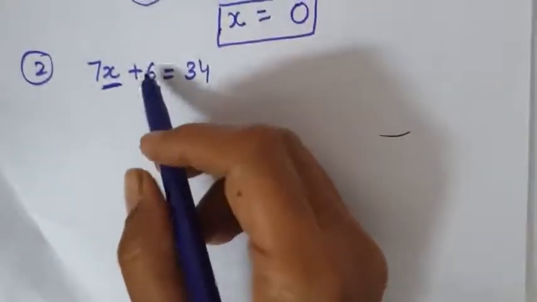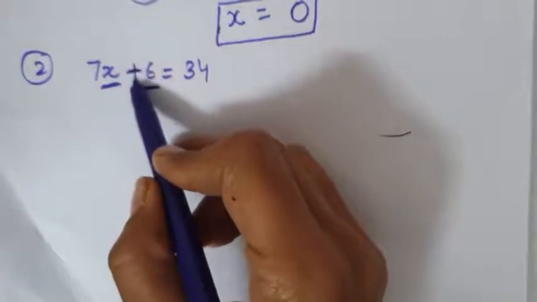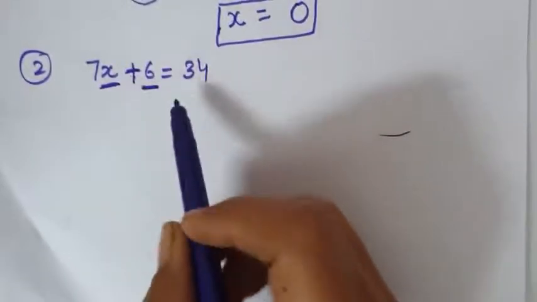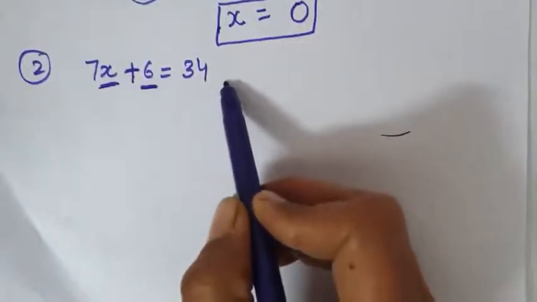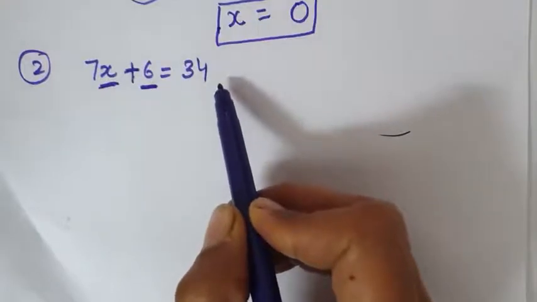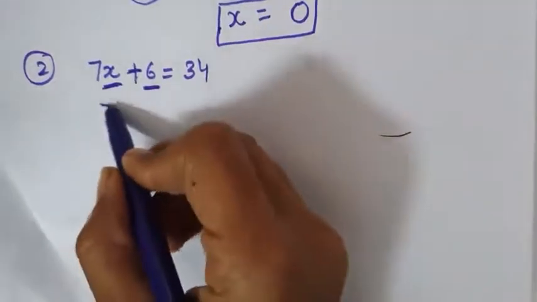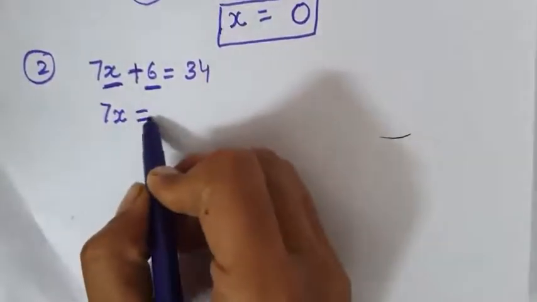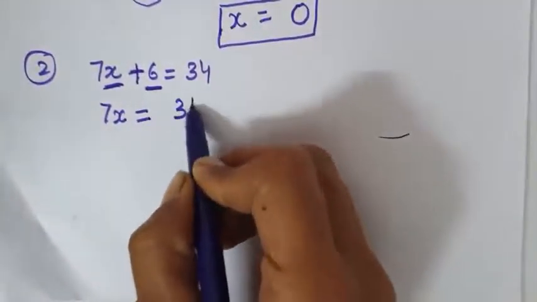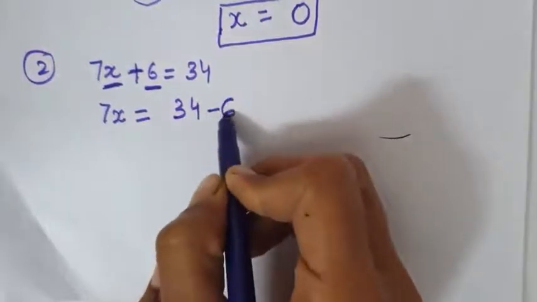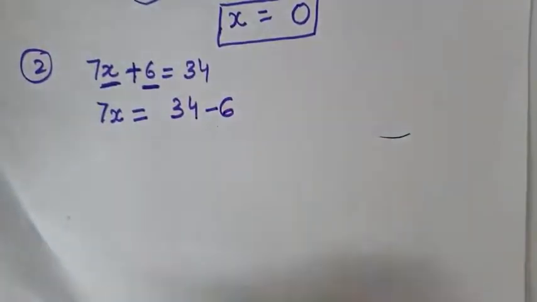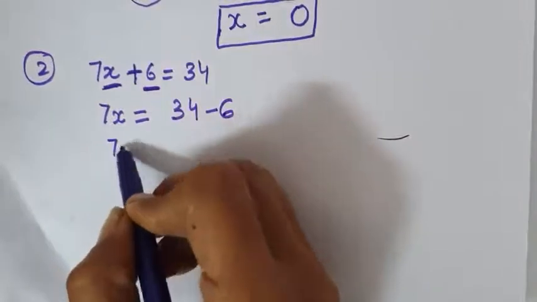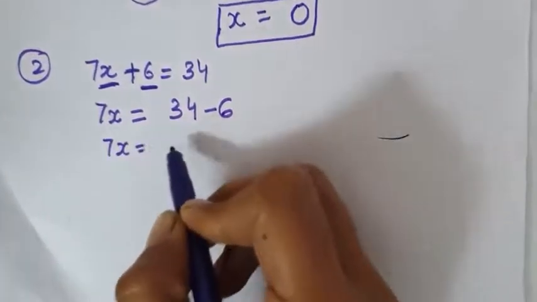Now it is getting added over here, when it gets shifted to the other side, it will get subtracted. So we get 7x is equal to 34 minus 6. Clear? So now 7x is equal to